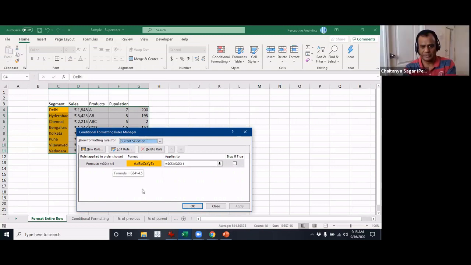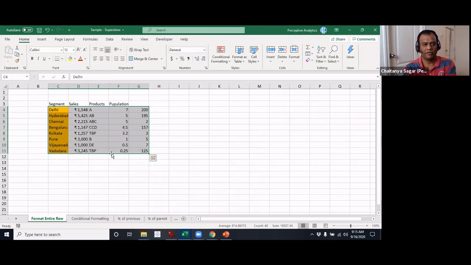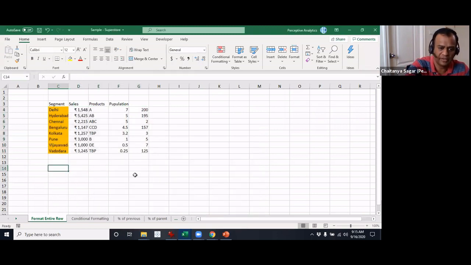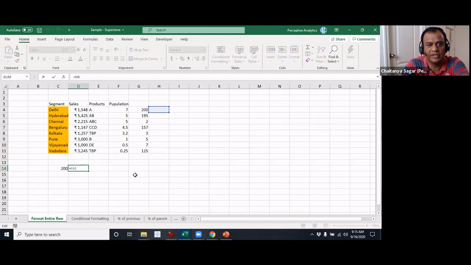So let me just sort of show that to you, for example. So basically what did we do? We said G4. If there is a formula, so let's say I say equals G4, all right? Here it's referring directly to that. So I would just copy paste that. Then what happens? It's now referring to H4, right?